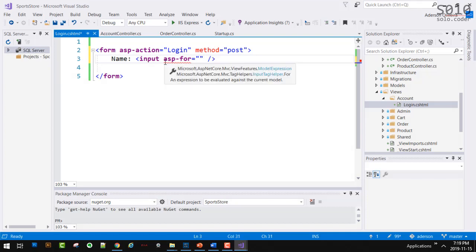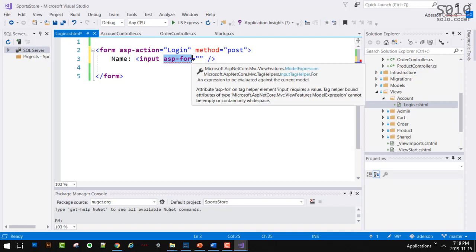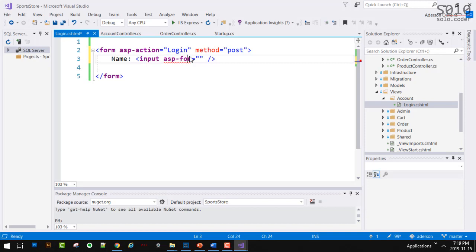The question is, can I use asp-for here? You can only use asp-for if you have what? If you have a parameter, if you have a model. So if you have a model, then you can use asp-for.